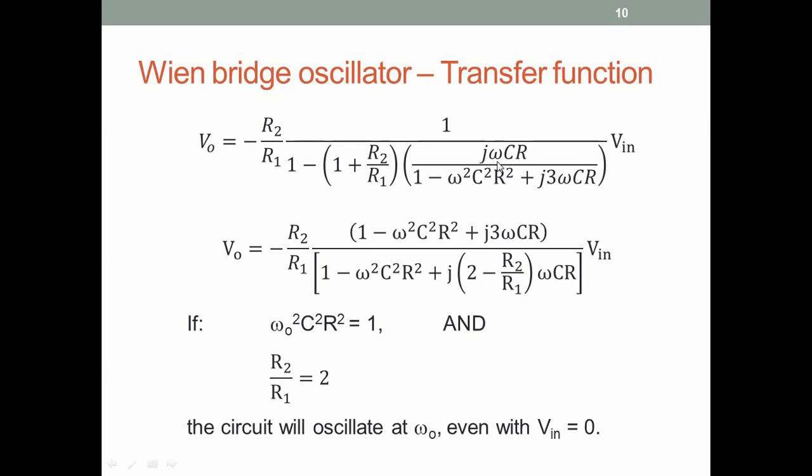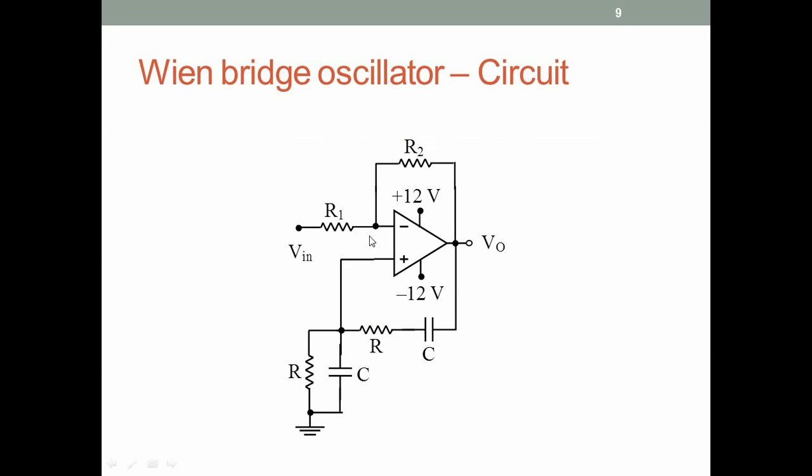If we look at the case where omega is very small, so small frequencies, this whole term becomes small compared to 1, and then we get a gain of minus R2 by R1. So at low frequencies the gain will be minus R2 by R1. We can actually see that from the circuit. At very low frequencies the capacitor will act as an open circuit. So this feedback, the VO to the positive node, is open circuited. This C is open circuited. So we just have an R from the plus to ground, which doesn't do anything to the circuit. So all we have is minus R2 by R1.